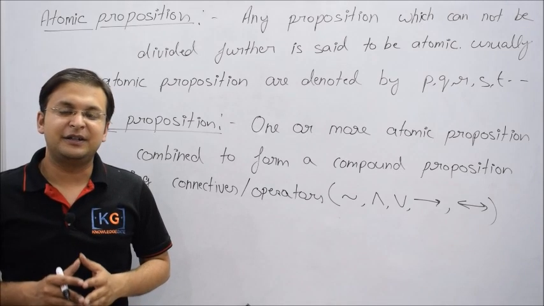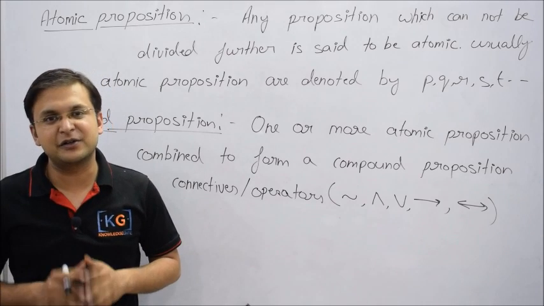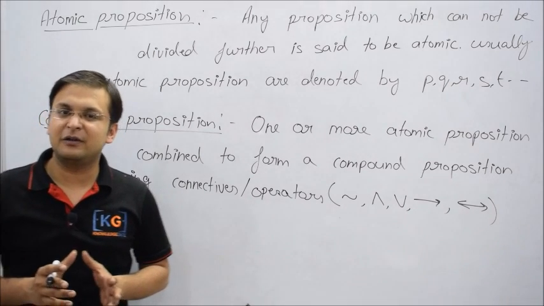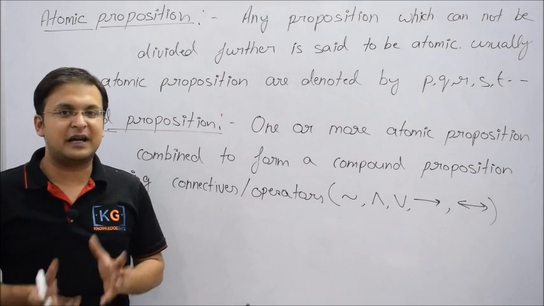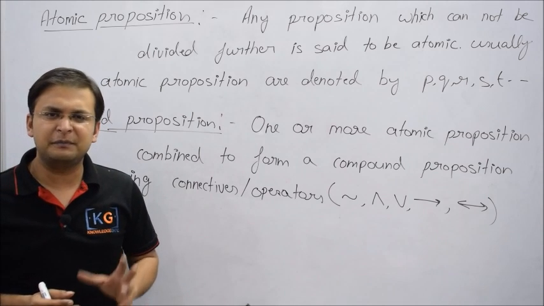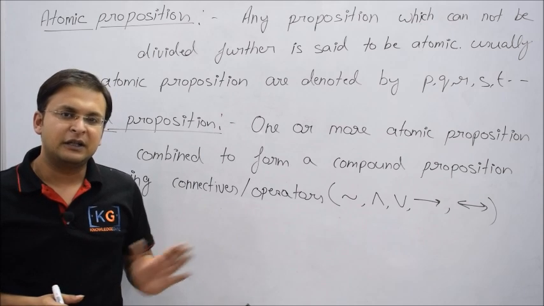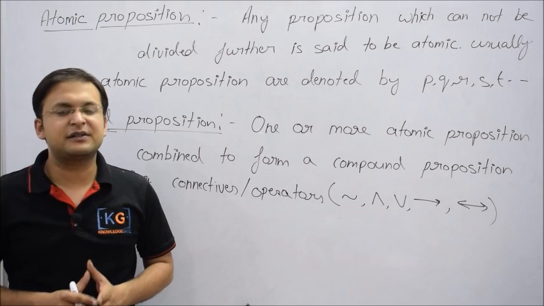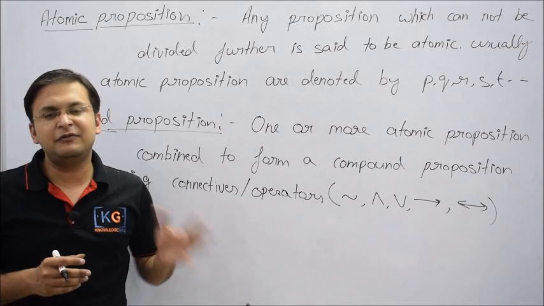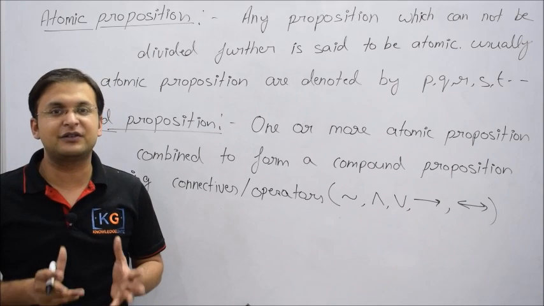Hello friends, in this series of videos on discrete mathematics, in the last video we just understood what a proposition is. That is, any statement which can logically have only two values, either true or false, is called a proposition. And then we understood some basic logics, like the law of contradiction and the law of excluded middle. Now in this video, let's first discuss what an atomic proposition and a compound proposition are, and then we'll understand the basic mathematics or science of argument, logical argument.